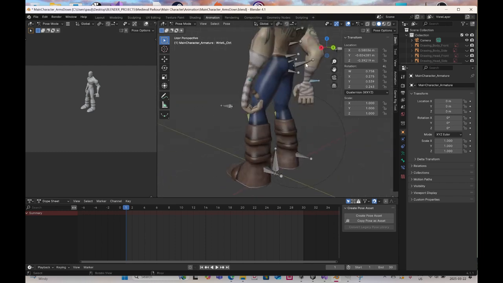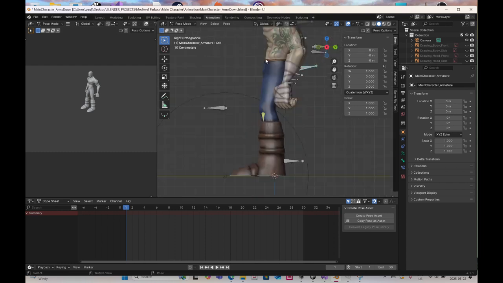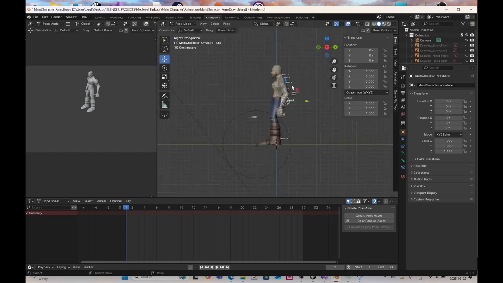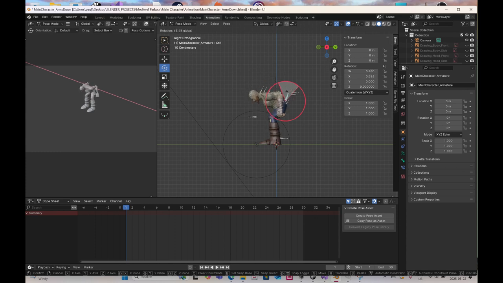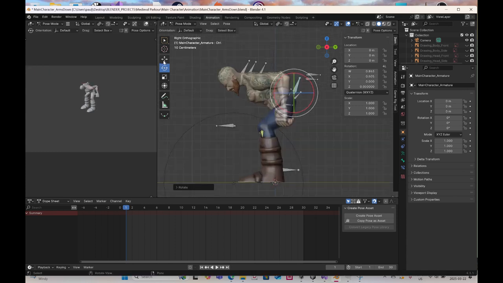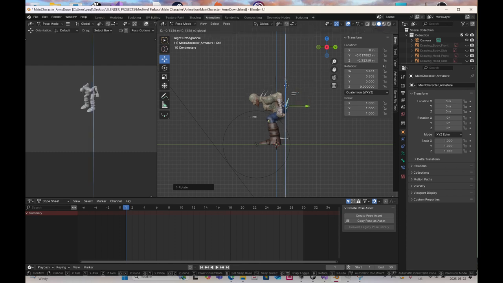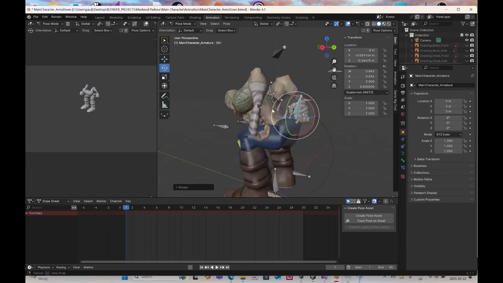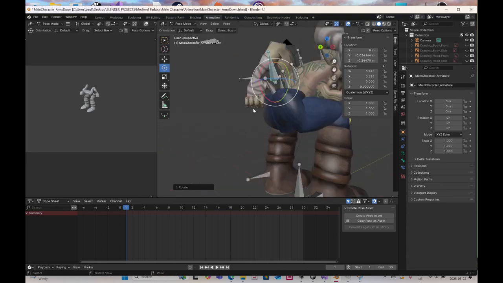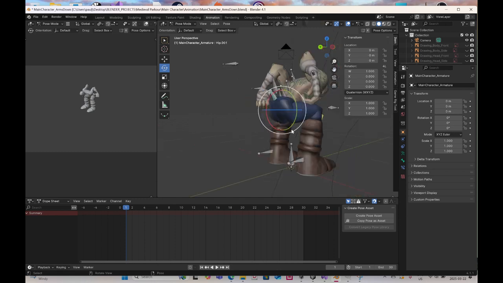I'm going to get his main controller. I'm going to bend him over. And I need to make sure that he's below this halfway. He's 2 units high. He's going to be 1 unit high when he's crouched. So to make his butt look normal, I guess I have to